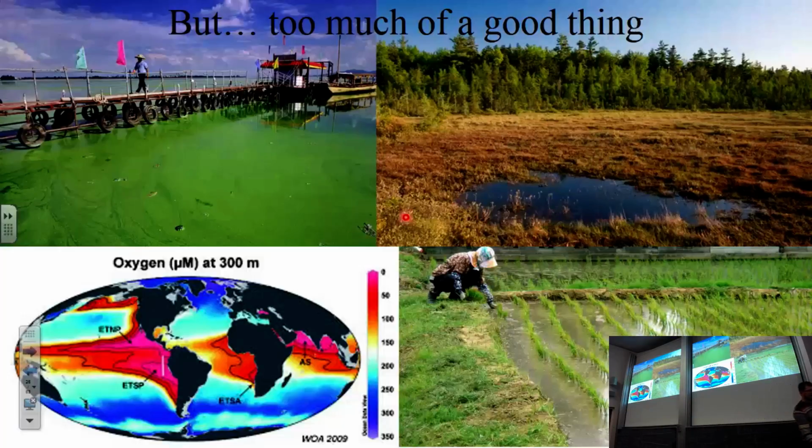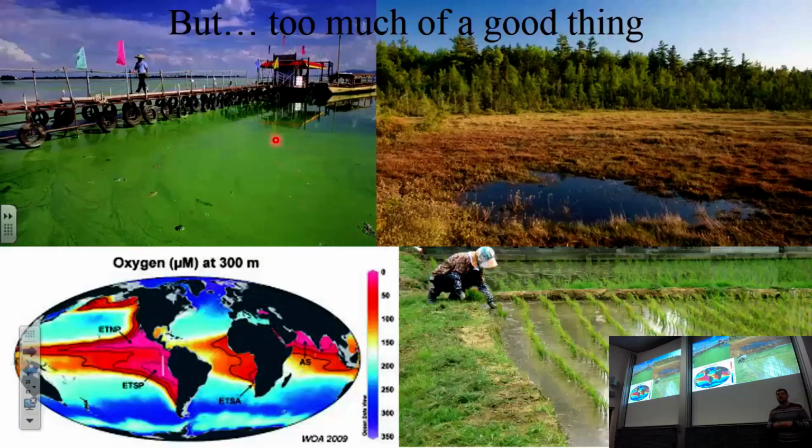So this map here is basically a cut through the ocean at 300 meters. It's not a map of the surface of the ocean, it's a map of the ocean at 300 meters. So this is the organic material that's formed in the surface where there's been lots of nutrients, and then sunk down and been respired by bacteria, and that respiration has removed the oxygen from the water. So these pink areas are places in the ocean where the oxygen has been removed, which is quite bad if you're a fish and you swim through that water, because you'll die. But it's also a big problem in coastal